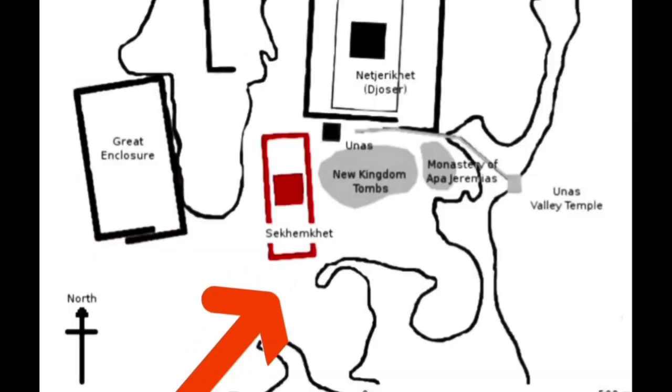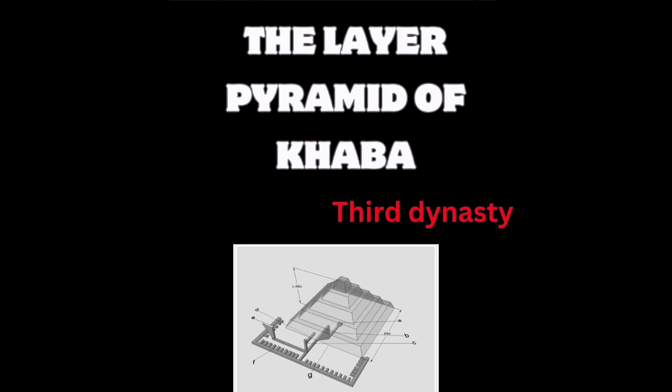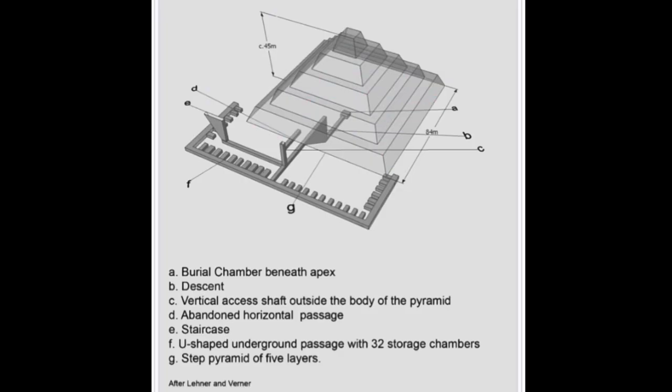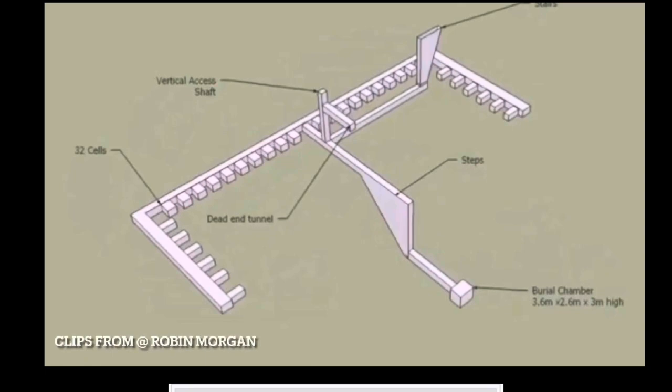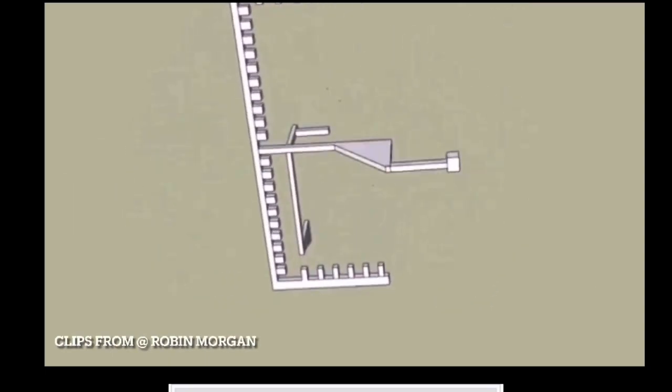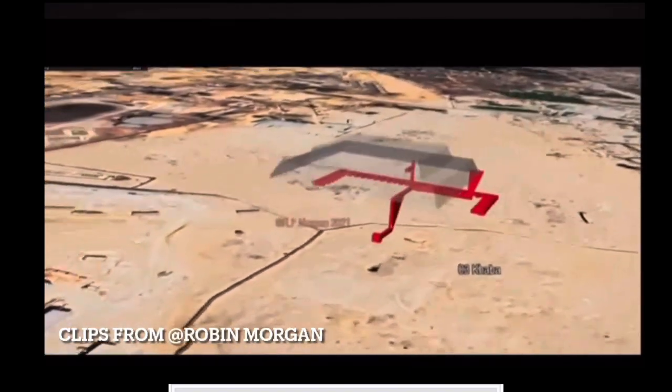The next pyramid is the Pyramid of Kaaba. The layer pyramid of Kaaba looks like just a pile of rubble, but it's one of 2 pyramids that haven't been researched very well because they're actually inaccessible even to archaeologists, due to them being categorized as being in a restricted military site. I can't show you any video footage of inside, but here's a 3D rendition by Robin Morgan,